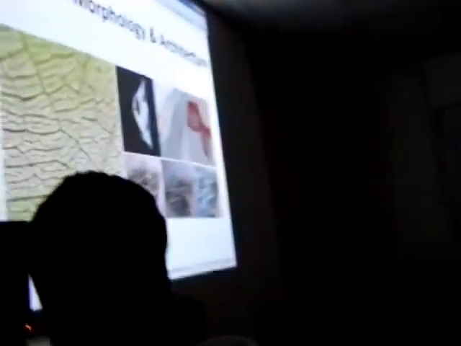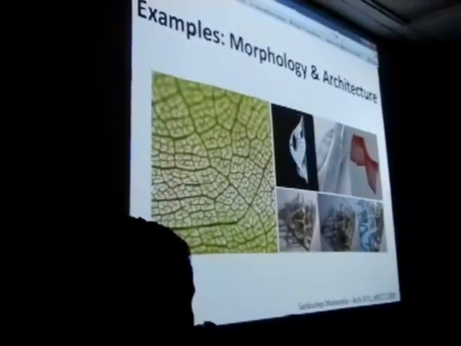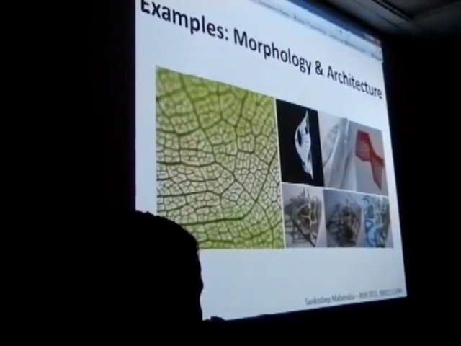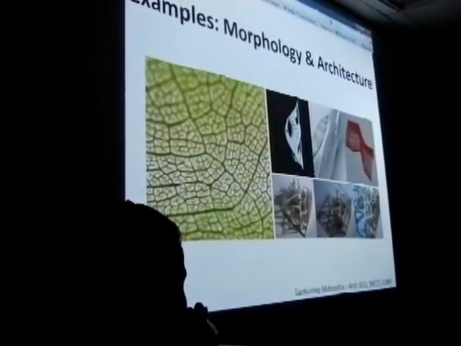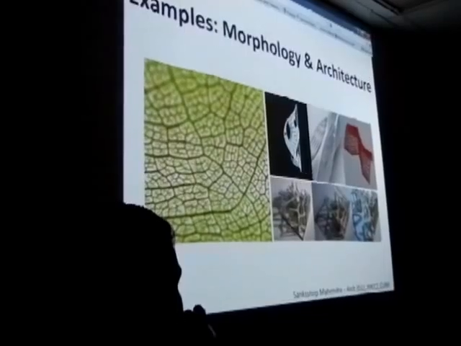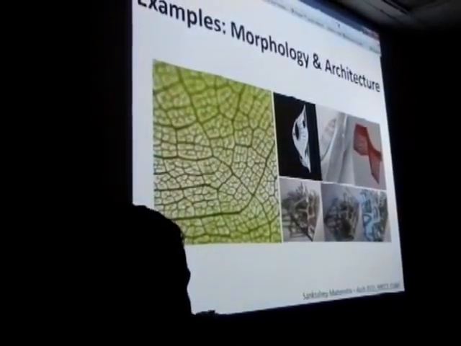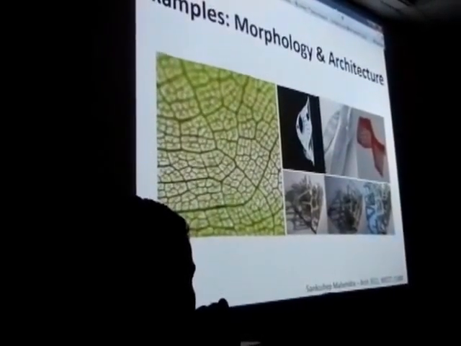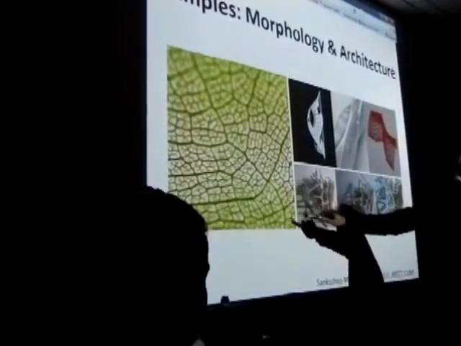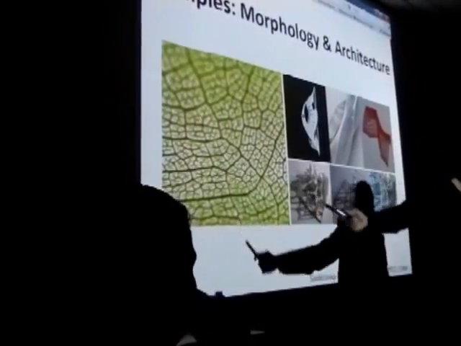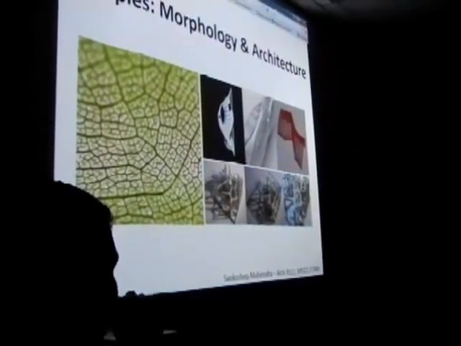These are a few abstract examples of morphology in architecture. What is that on the left hand side of the screen? Is that a leaf? Yeah, that's a leaf. What do you observe in the leaf? The wings. Yeah, and if you zoom in further into each one of these, you will see a similar structure like this. The cells. Yeah, and the picture on the right